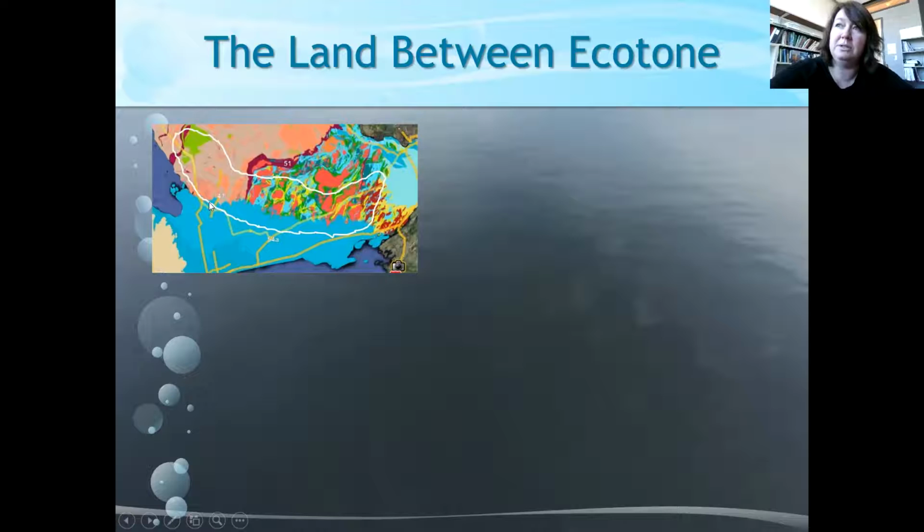But as you go north, you'll see this line. This is known as the land between, because it's between this limestone-dominated landscape and a more granite-dominated landscape. Look at all the colors. What this means is that places like Bancroft and Haliburton and the Kawarthas are situated on a really diverse, varied geological landscape. So why is this important? Well, the type of rocks in the landscape will affect the kinds of nutrients in lake water, and also the pH.